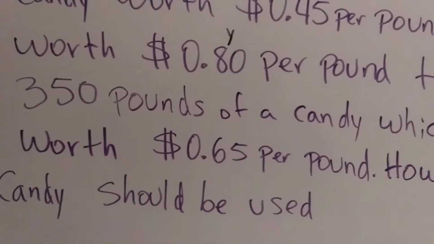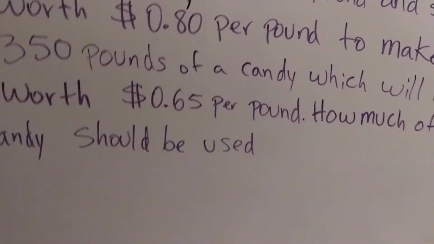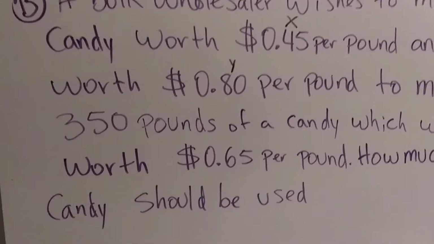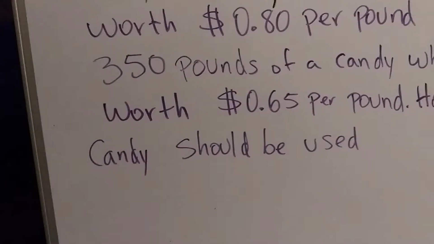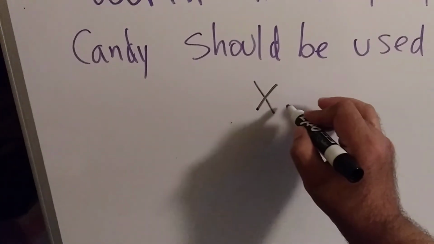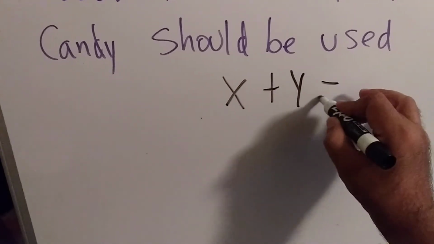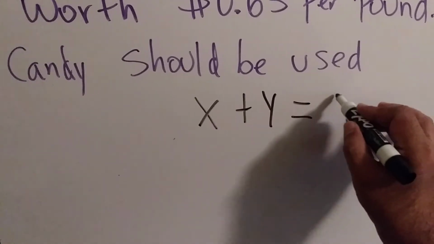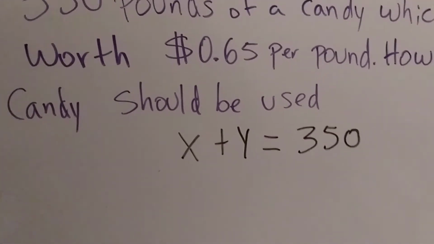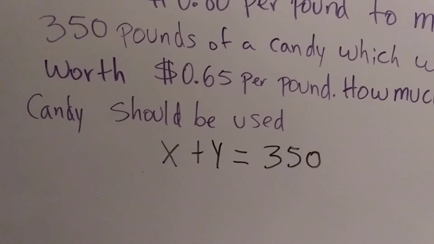Okay? So here we're going to be doing, remember, two types of equations, right? One of them is going to be the quantity of pounds. So it's going to be the amount of the pounds of X plus the pounds of Y will give you a total of 350 pounds, right? That we don't know the quantities of each. Now, the second equation